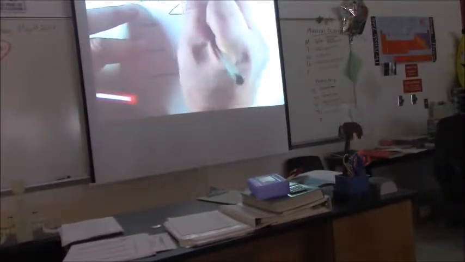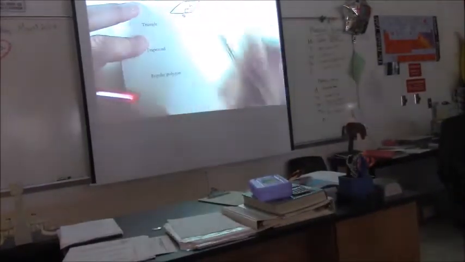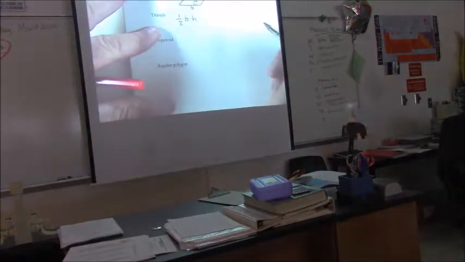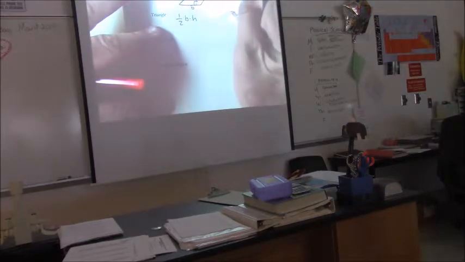Parallelogram, so which was what? Base times height. So they may have a proof that talks about the area of a triangle, which we all know is what? Half the base times the height. And their proof of it is to take any,